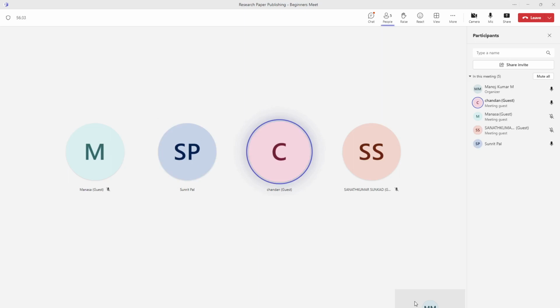So see, actually, everything started from the fundamental question: why do you publish a paper? Why do you want to publish a paper? Now, many times it is a compulsion because of many reasons. Maybe the organization is expecting, or until you publish a paper, you will not be scored. You will not be getting that score. For example, I'm just telling possibilities. So those are the motivations. Why do you want to publish a paper?